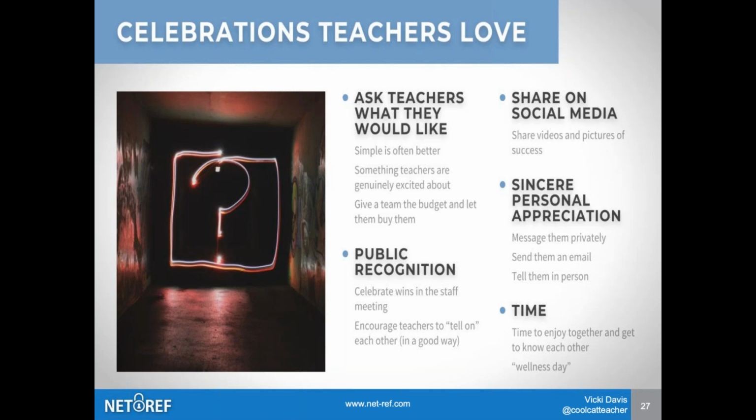Now, I did hear about some schools, I think this school was up in New Jersey. I heard on Twitter about a teacher wellness day, and this particular school actually had a fun event planned for the teachers. So they went off together and got to team build and get together. Because if you think about it, businesses have team building all the time, but why don't schools do it? Well, I think most schools don't do it because we're under such a microscope, and nobody wants, I don't know why. I guess people just think teachers don't need joy. I don't know what it is, but